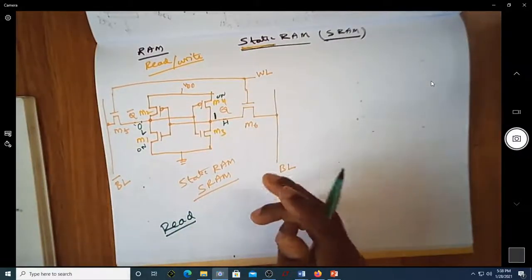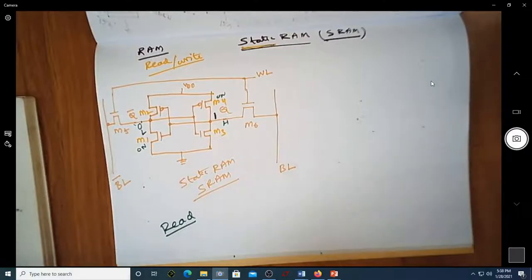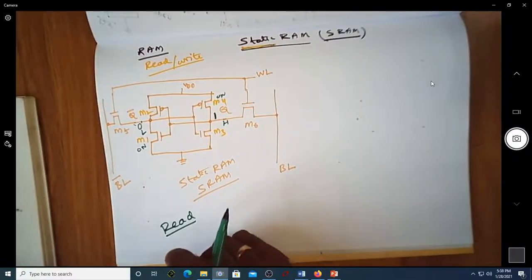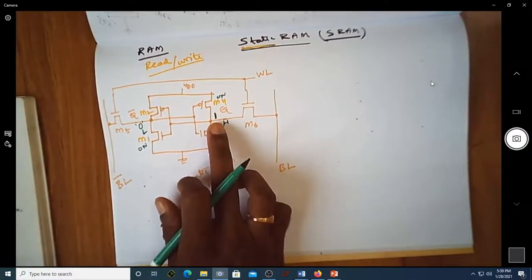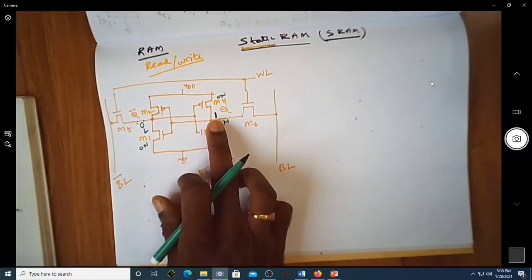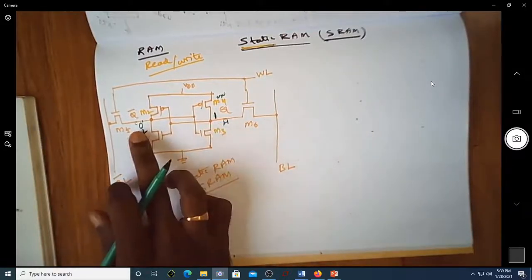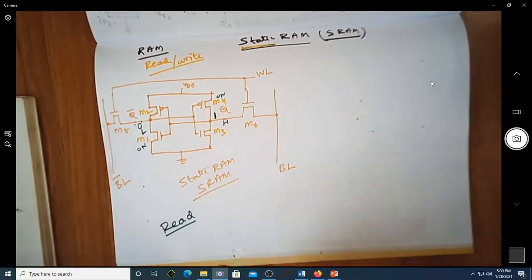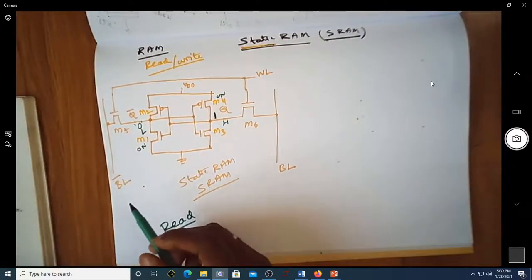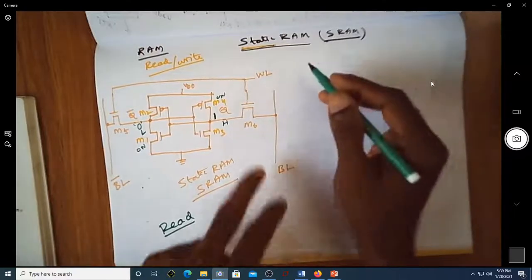Now let us try to see how I read this value. What is the procedure? How do I read the value that is stored as 1 at Q? Naturally we know that Q bar will be the complement of it. So for the read operation,